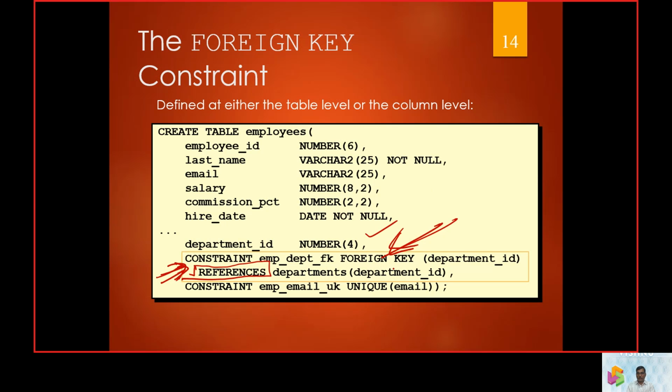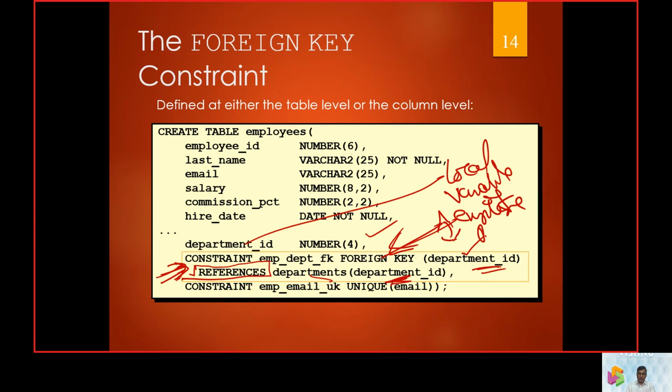We are going to bring up the word foreign key here. This foreign key is referring to the value which is in another table, that is department ID. So department ID is going to be referring to the value called department ID. This department ID is a local variable of employee.